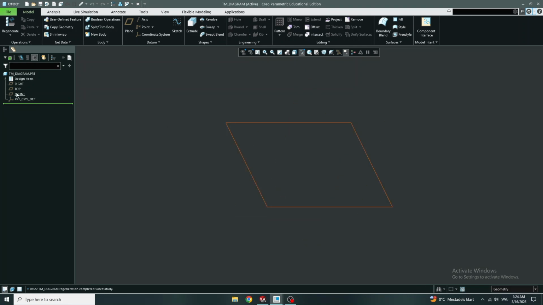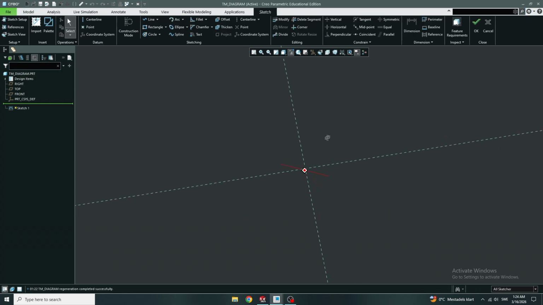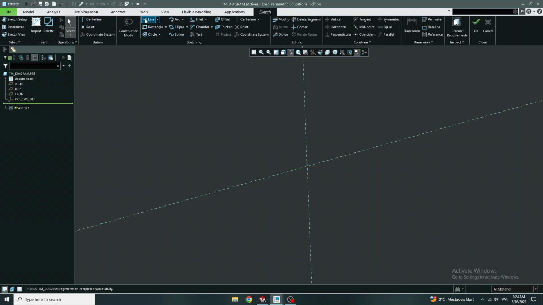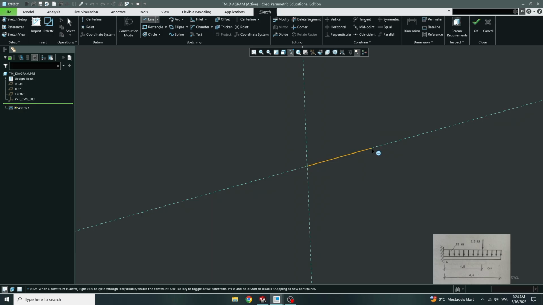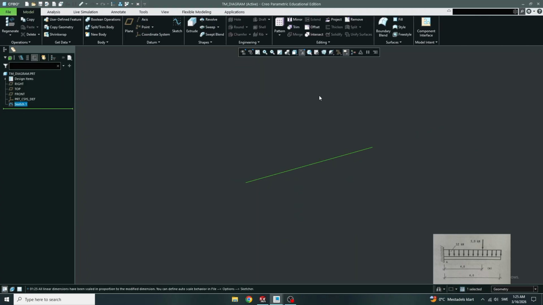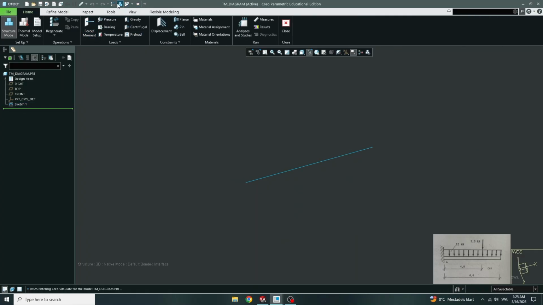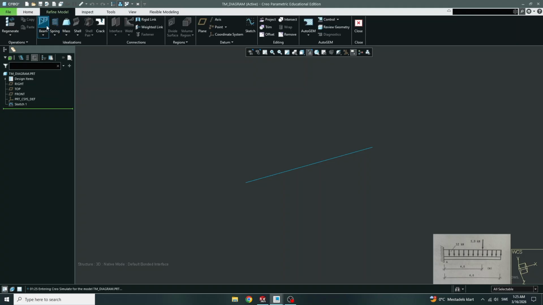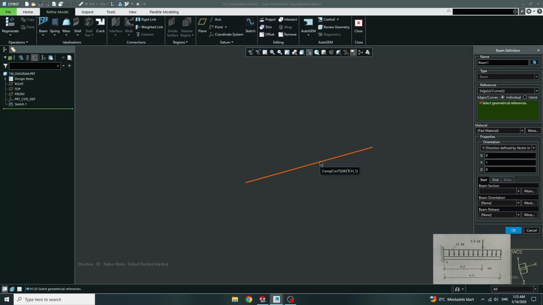You just sketch a line that is going to represent the length of the beam, but not the whole length, just in two parts, because you're going to have two beam elements, and you dimension the beam in millimeters, 2000 and 4000, and you go to Simulate application, Simulate, and you go to beams, under refine model, beams, and you just choose this,